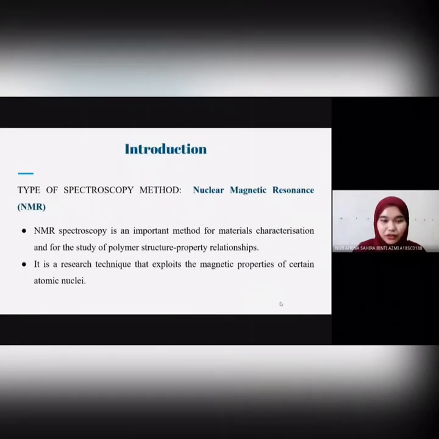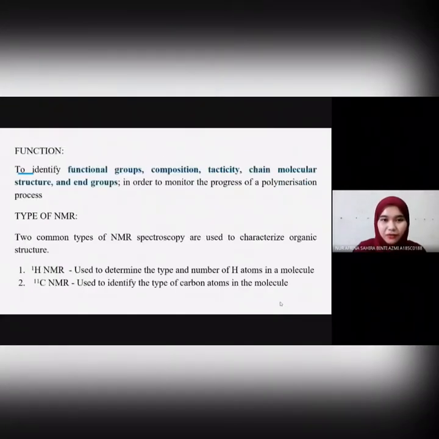A type of spectroscopy method is nuclear magnetic resonance, NMR. NMR spectroscopy is an important method for materials characterization and for the study of polymer structure-property relationships. It is a research technique that exploits the magnetic properties of certain atomic nuclei. NMR functions to identify functional groups, composition, tacticity, chain molecular structure, and end groups in order to monitor the progress